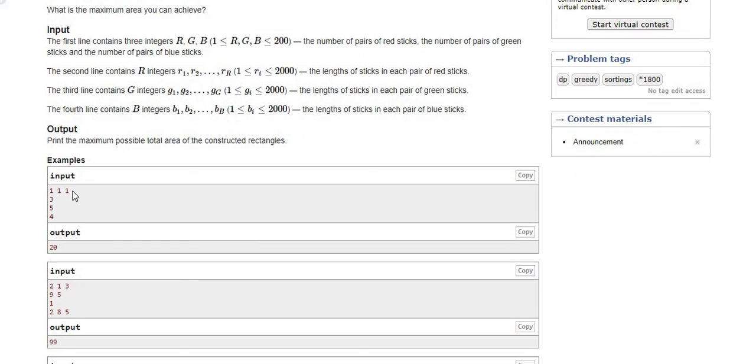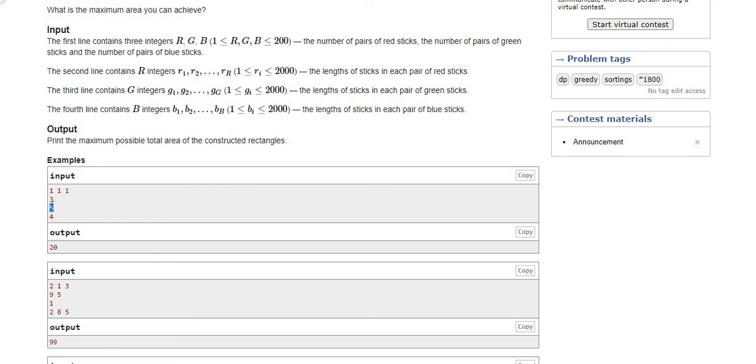Here in example 1, the red, green and blue stick counts are given. In the red there is one stick which has a value 3.